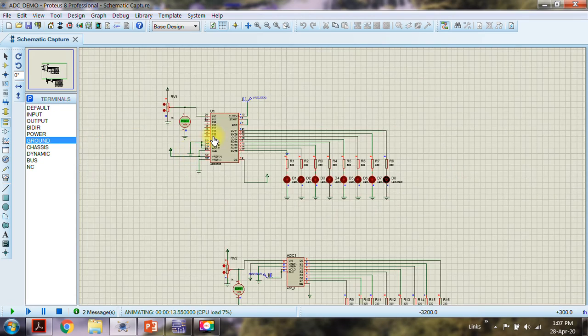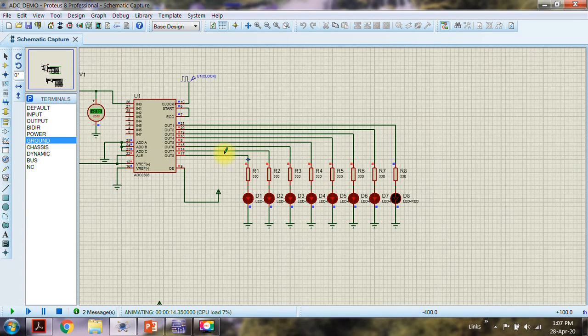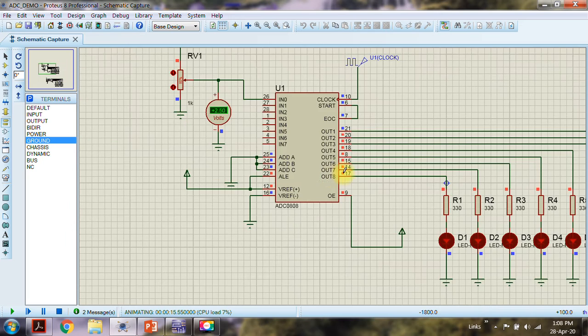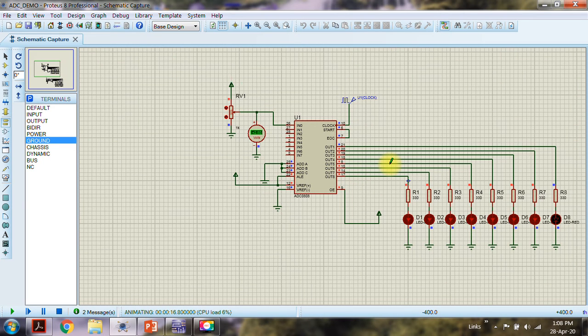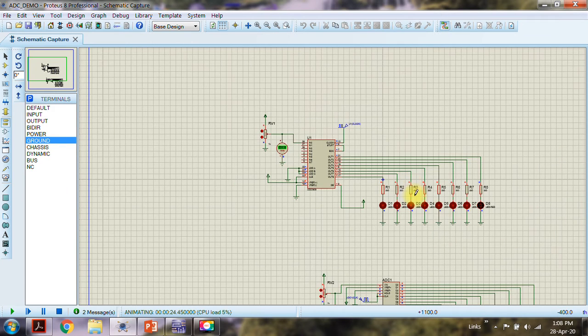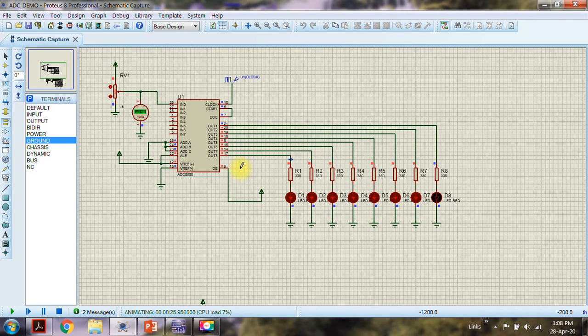Alright, so essentially you can use ADC 0808 for your applications like this. I think we have already seen the DAC in Proteus, so this completes the entire session in detail of both DAC as well as ADC with the necessary simulations.